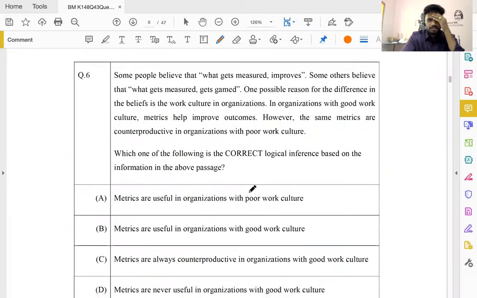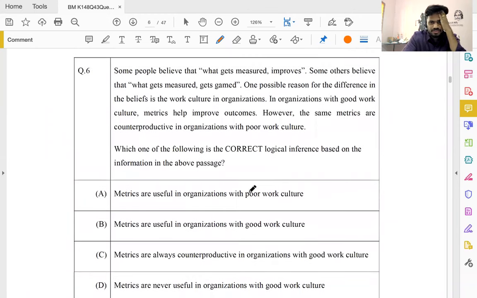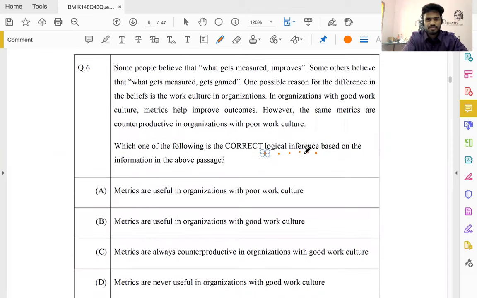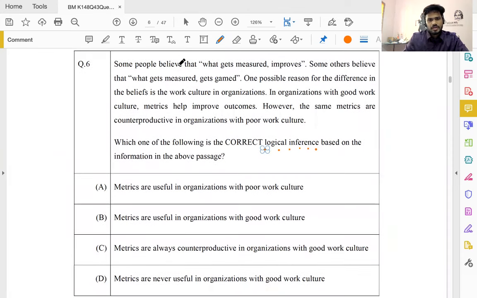Then, some people believe what gets measured improves. So what can be logically inferred here? I think this is also fairly straightforward. Some others believe what gets measured gets gamed. Okay, so there are two different beliefs. The difference in beliefs is